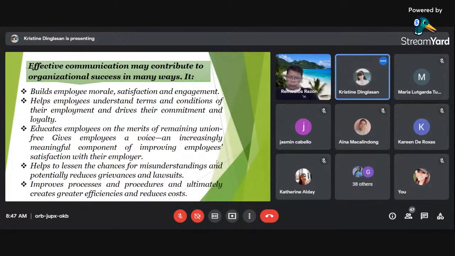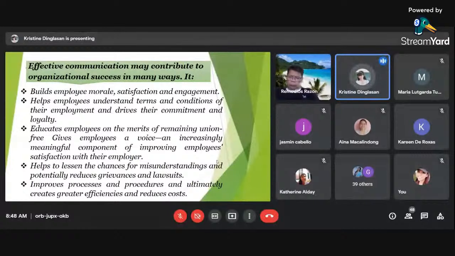Third one, educates employees on the merits of remaining union-free, gives employees a voice, an increasingly meaningful component of improving employee satisfaction with their employer, helps to lessen the chances for misunderstandings and potentially reduces grievances and lawsuits, improves processes and procedures, and ultimately creates greater efficiencies and reduces costs.